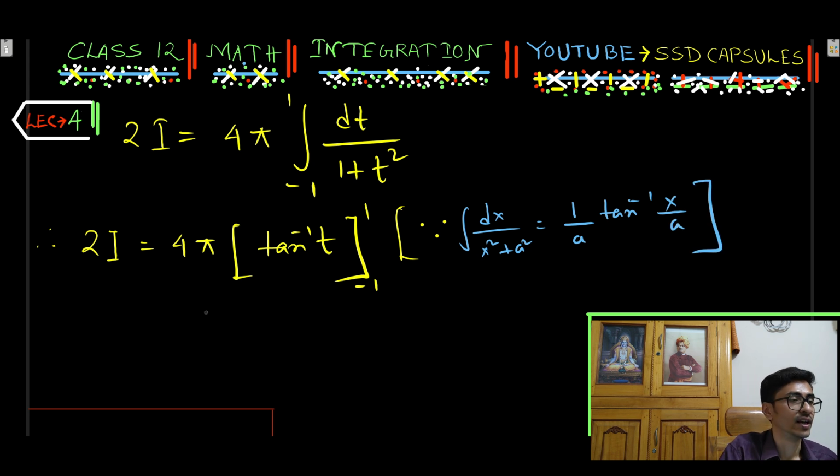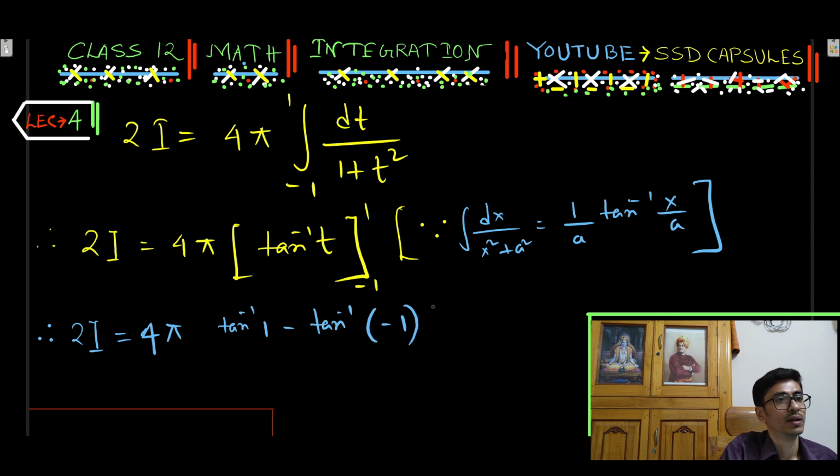This formula we have used here. So therefore 2I equal to 4 pi, tan inverse 1 minus tan inverse minus 1